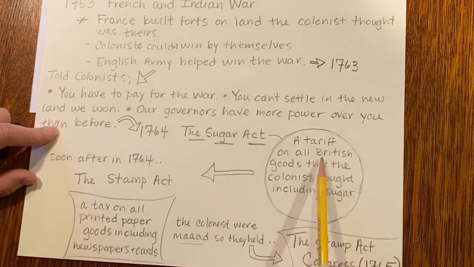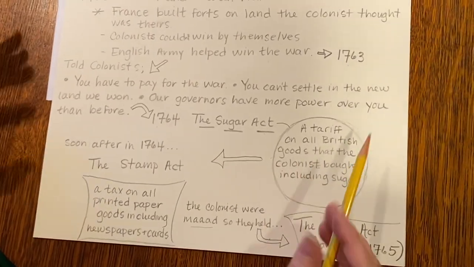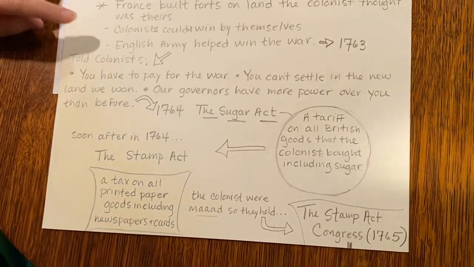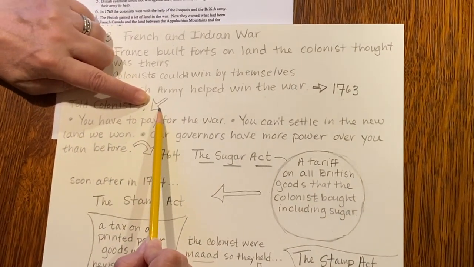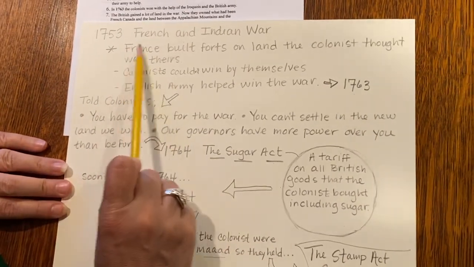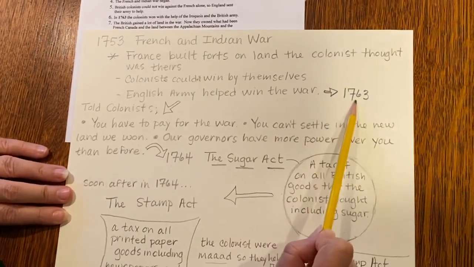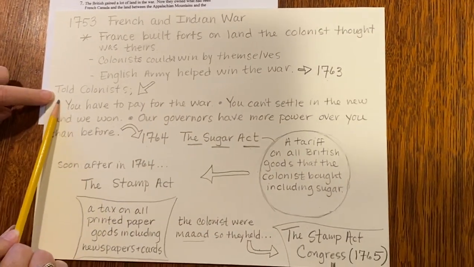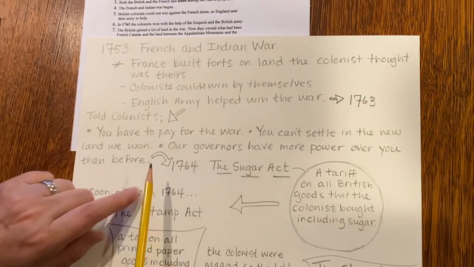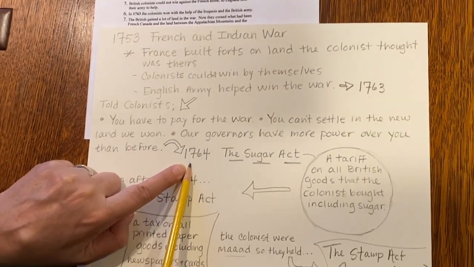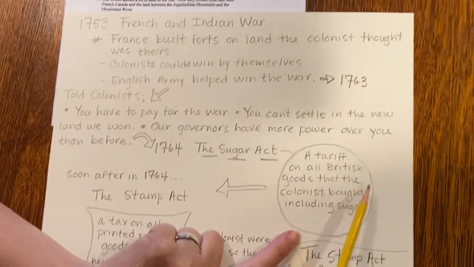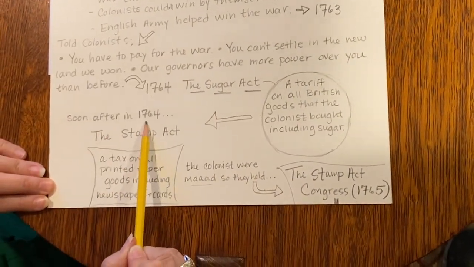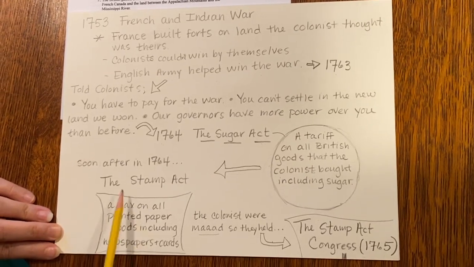So you want to put what the Sugar Act was. You can use my wording. You could put it in your own words. And notice that I've put these arrows in here. So I've got the French and Indian War, and I've got an arrow to 1763, and then an arrow here because the next thing that happened was what they told the colonists. And then an arrow to 1764. There's the Sugar Act. And now I've got an arrow back this way because soon after, in 1764, the Stamp